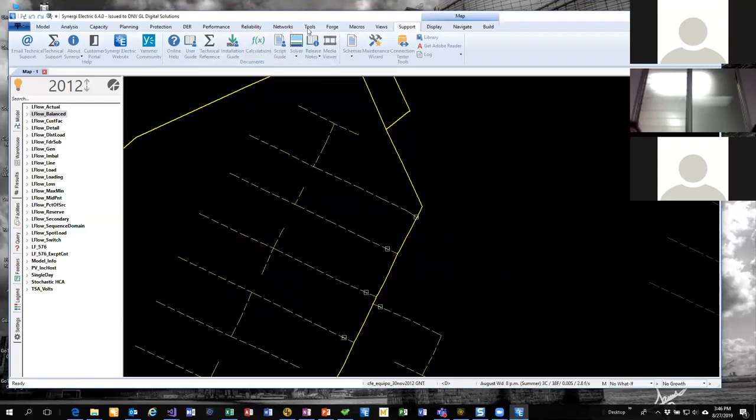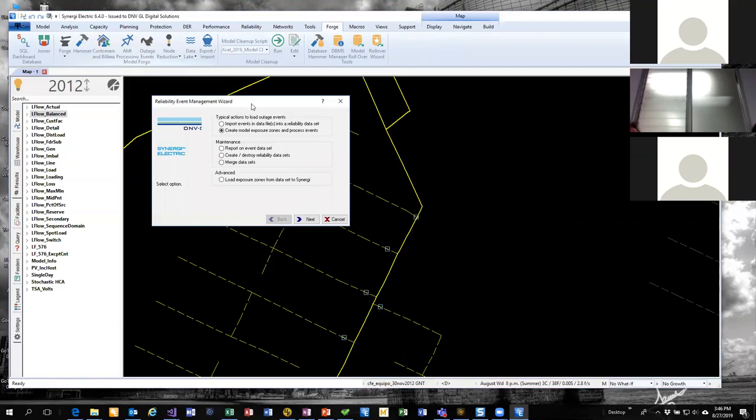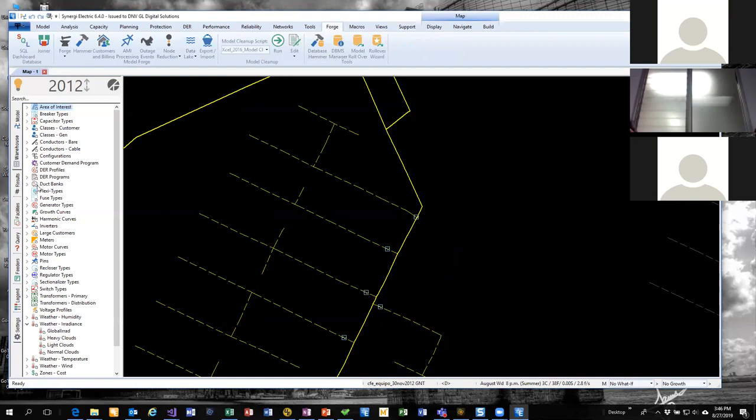And that is over on the Forge ribbon under outage events here. And there's a little wizard that you go through to import the events, calculate the exposure zones and the failure rates and all that. And when it finishes in the warehouse, you will end up with